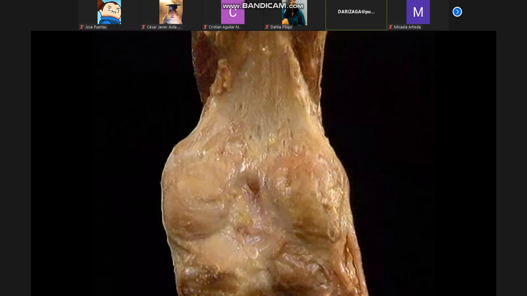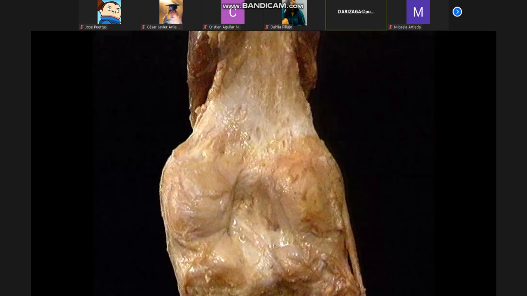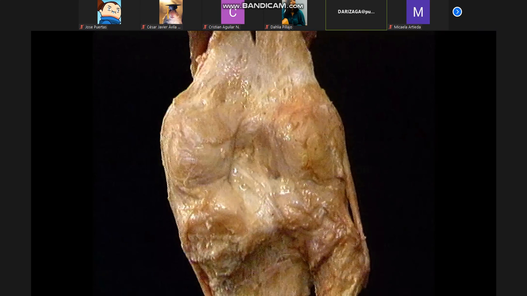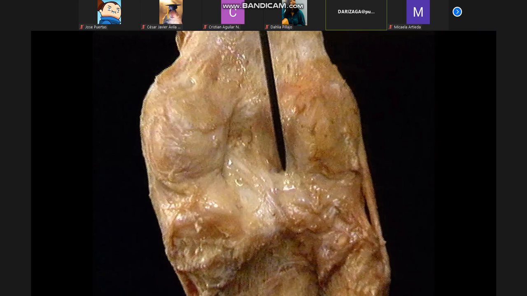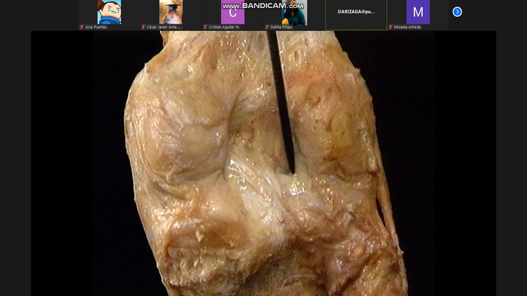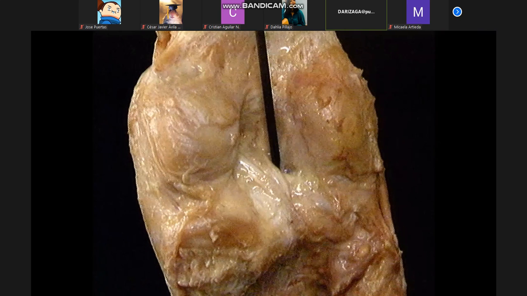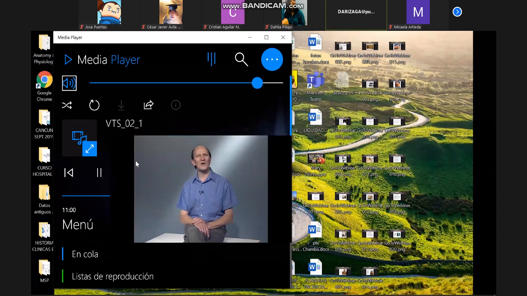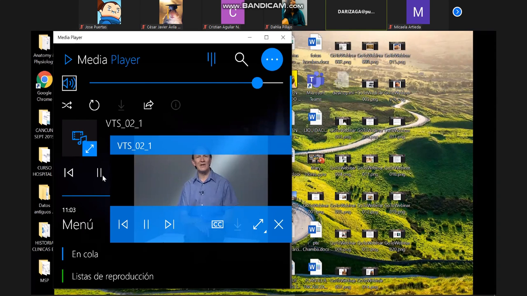At the back, as we'll see if we remove the capsule, the thin synovial membrane passes forward around the cruciate ligaments, covering them on the front. Besides being the largest joint in the body, the knee joint is also much the most complicated. Before we move on to look at the muscles which produce knee movement, let's review what we've seen of the